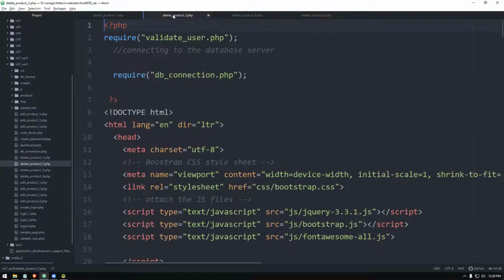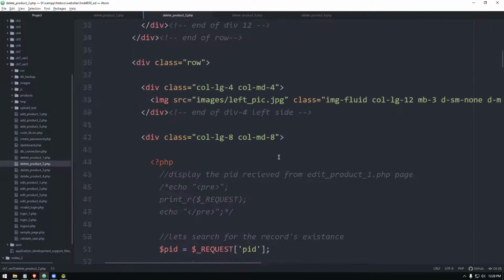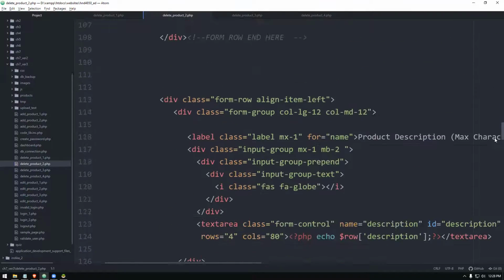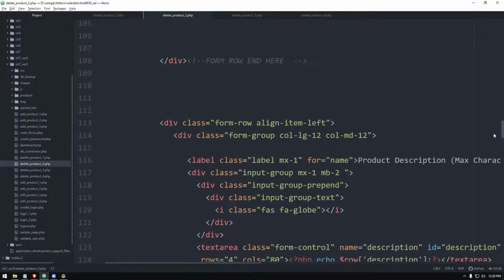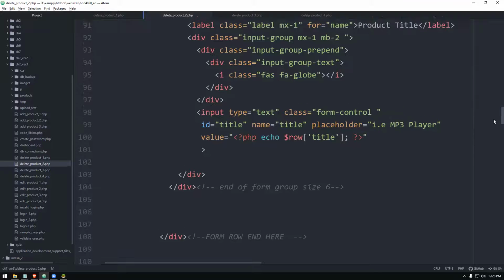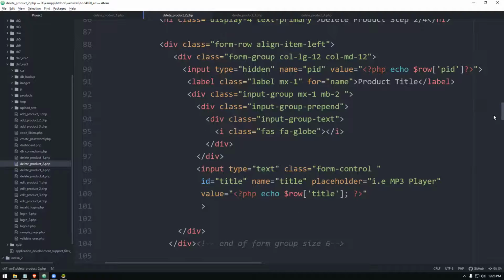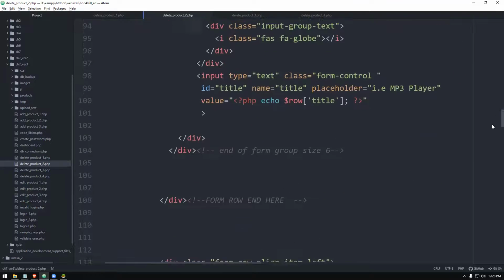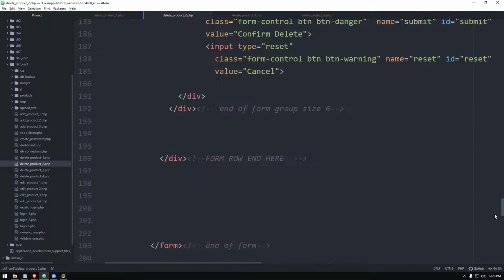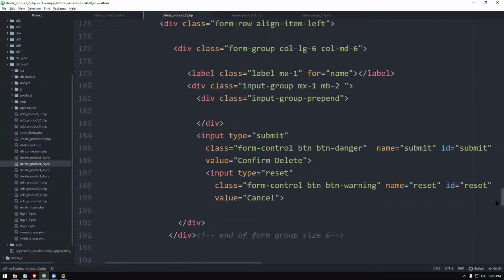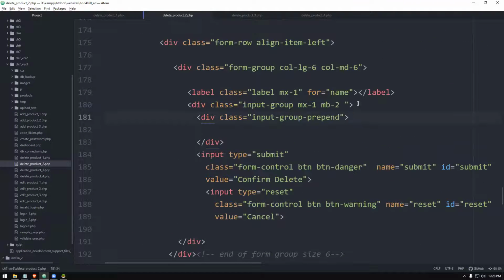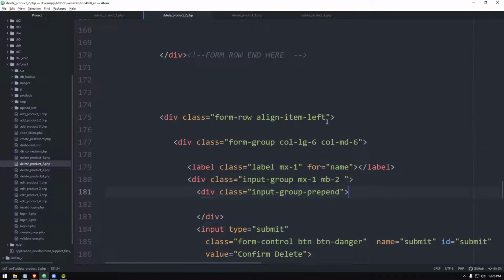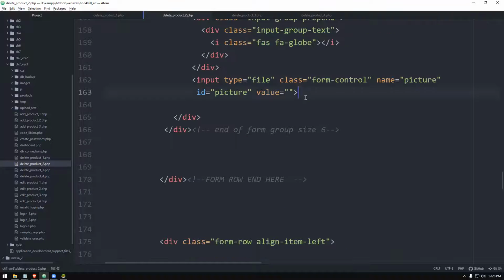In the delete two page, if I wish, I can display the image here. I can include it here, okay? So let me code that.